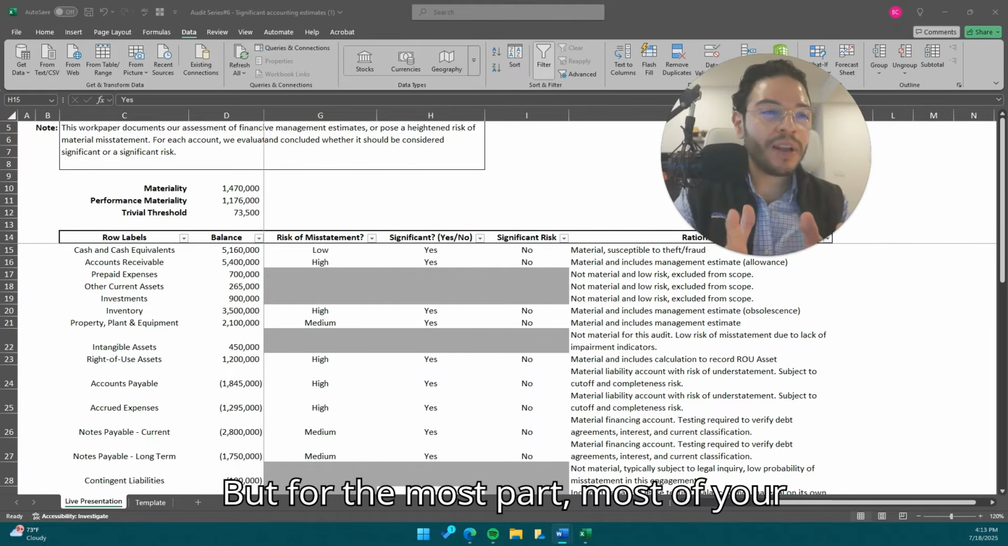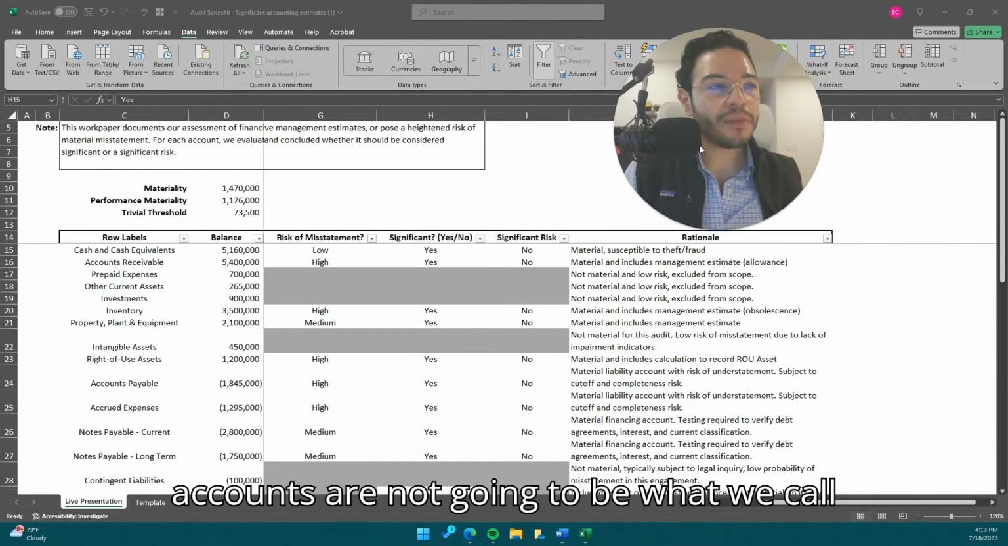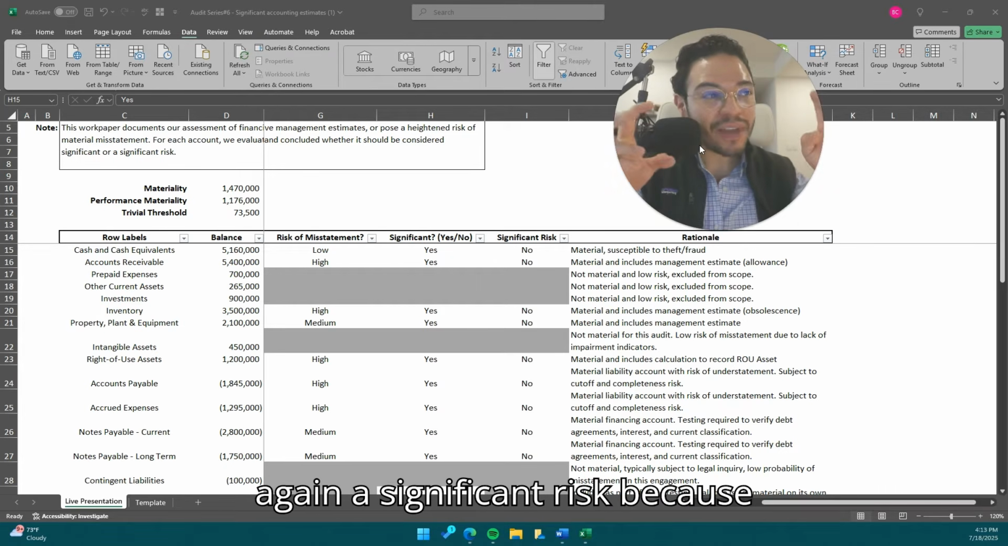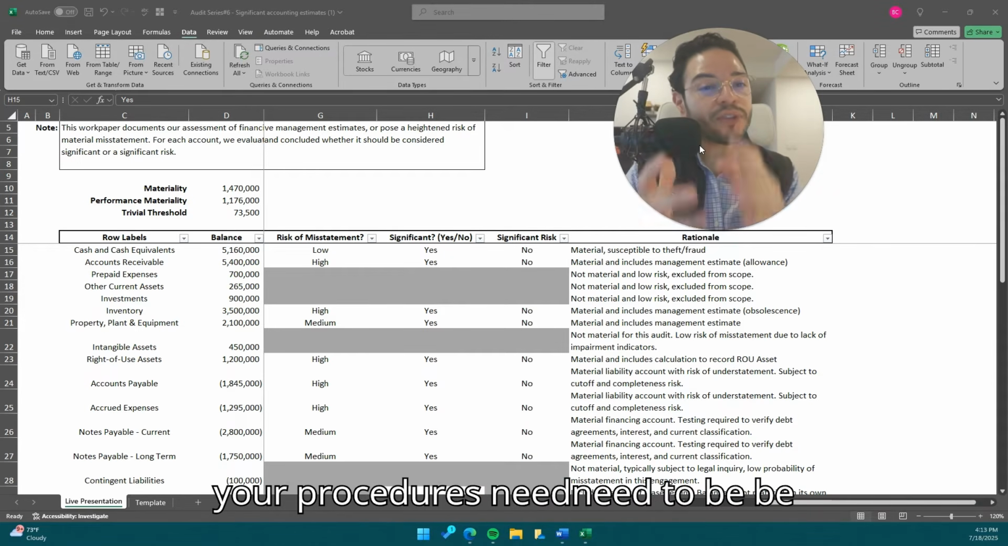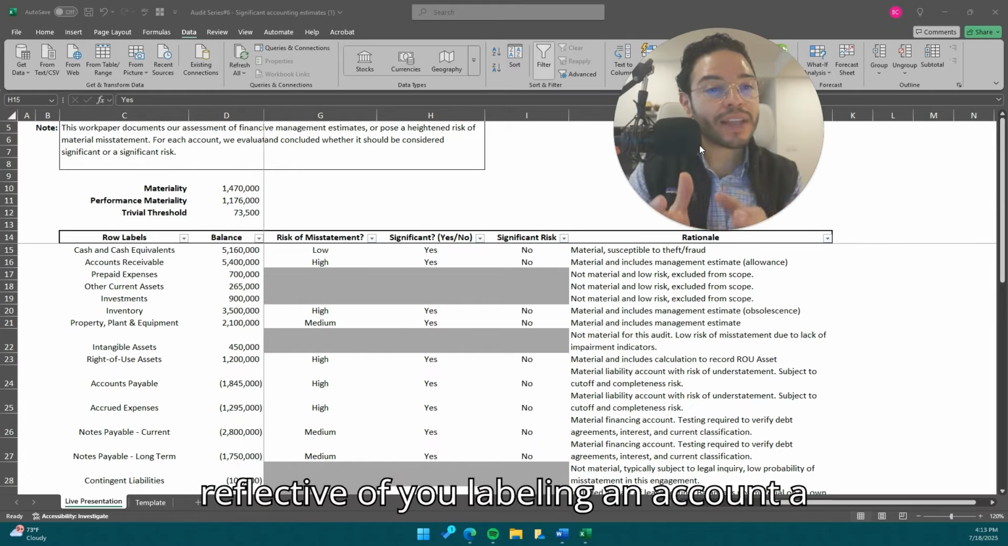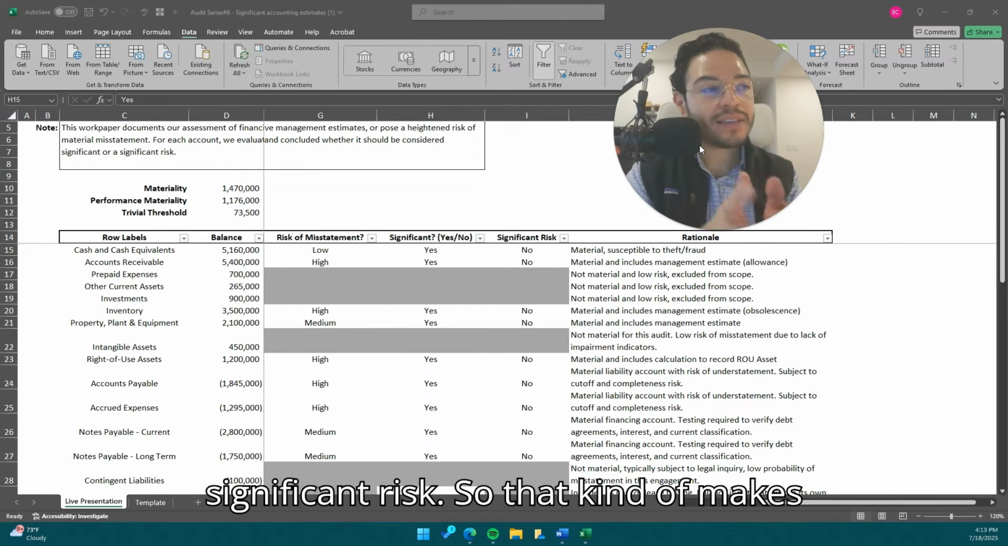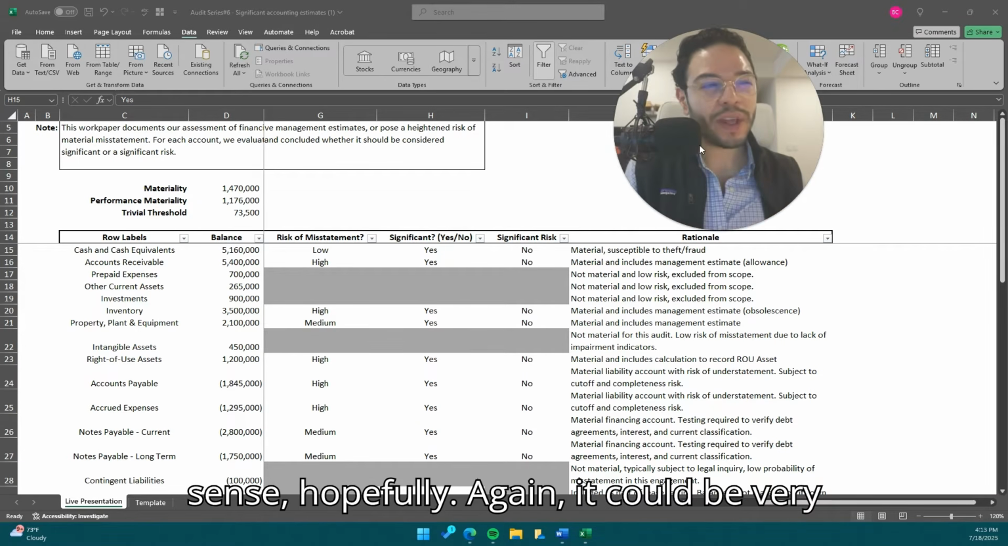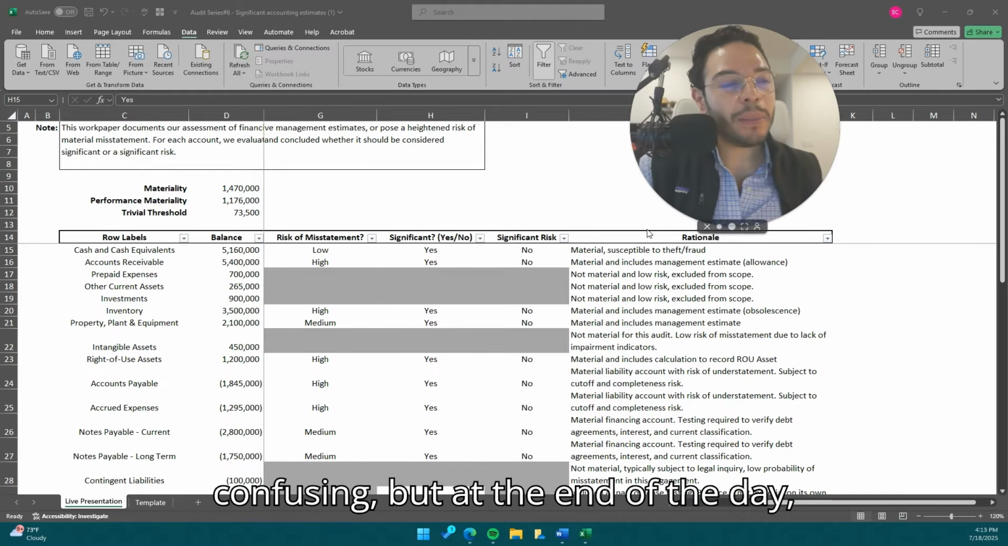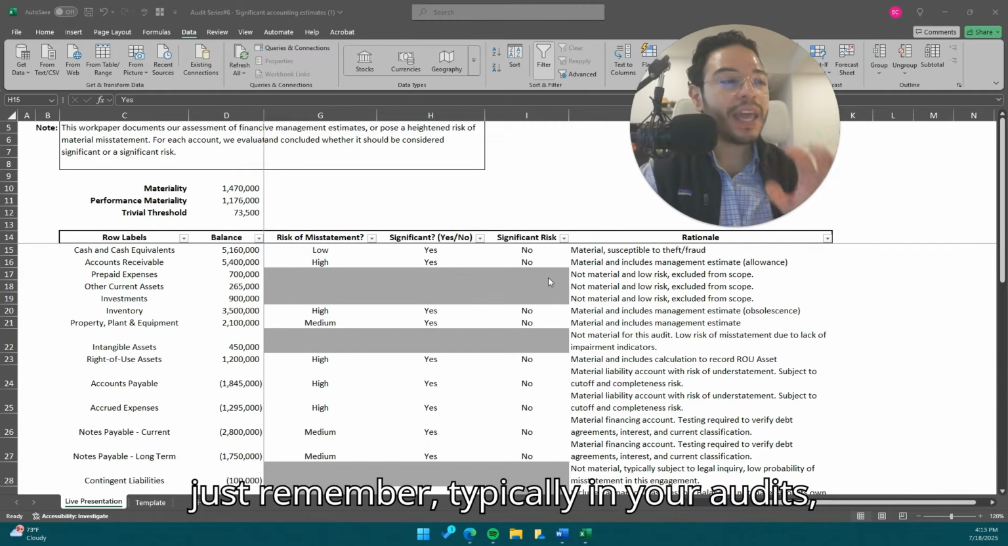But for the most part, most of your accounts are not going to be what we call, again, a significant risk, because your procedures need to be reflective of you labeling an account a significant risk. Does that kind of make sense? Hopefully. Again, it can be very confusing, but at the end of the day, just remember, typically in your audits,